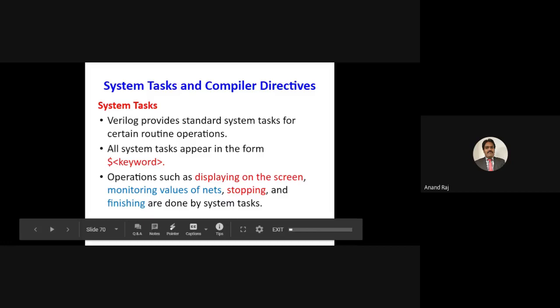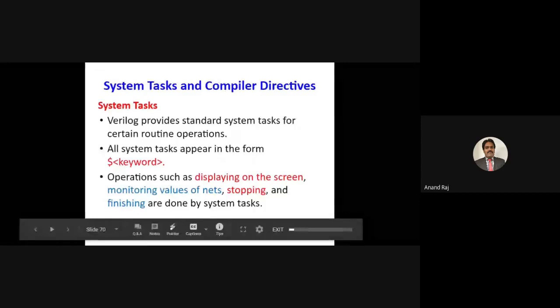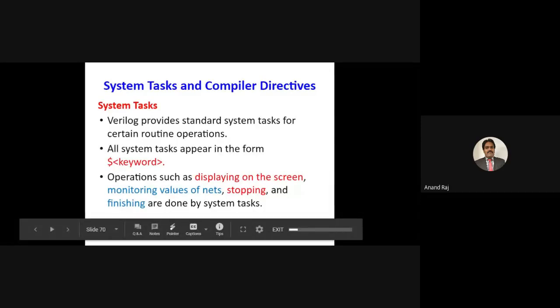While programming, you'll come to know. Then a very important concept: system tasks and compiler directives. Any keyword with a $ sign is a system task. Verilog provides standard system tasks for certain routine operations.